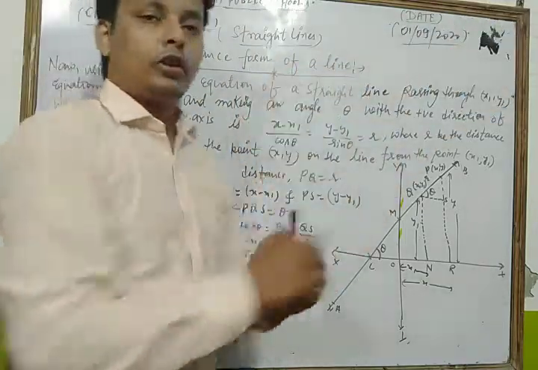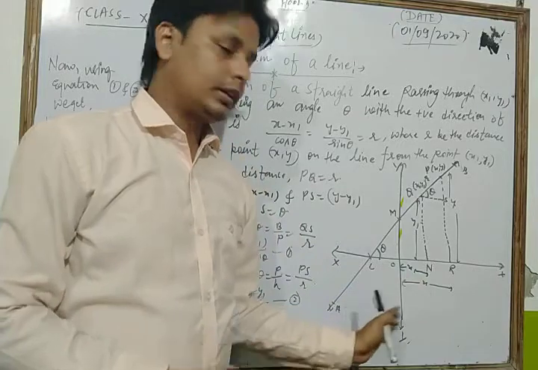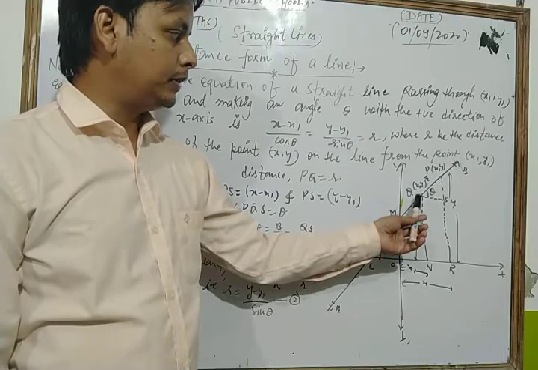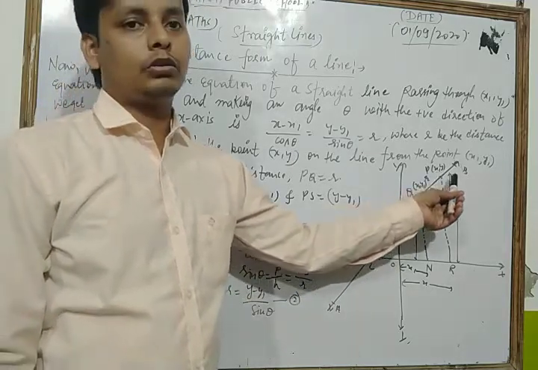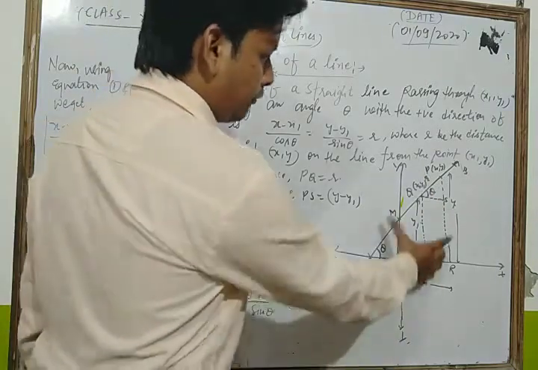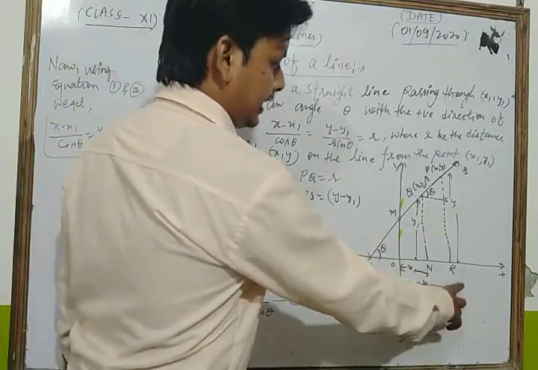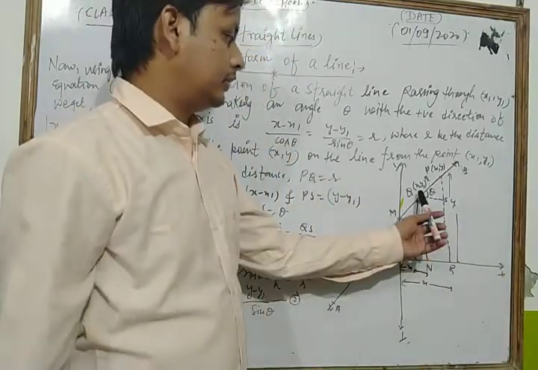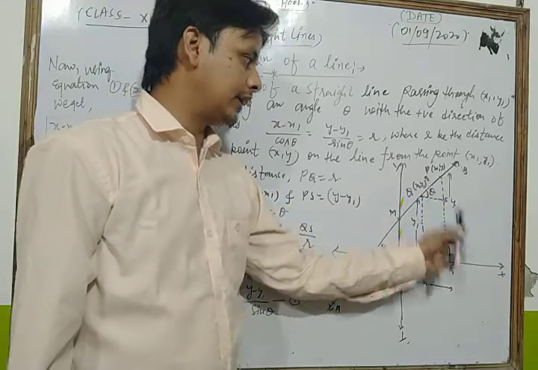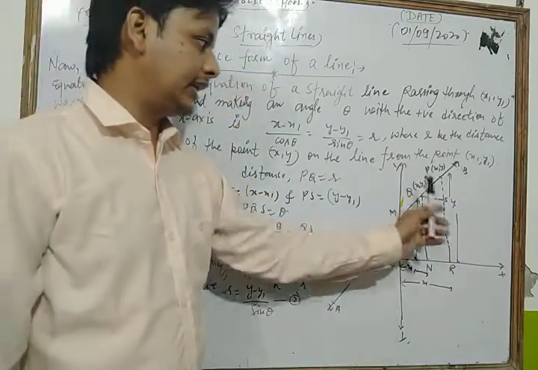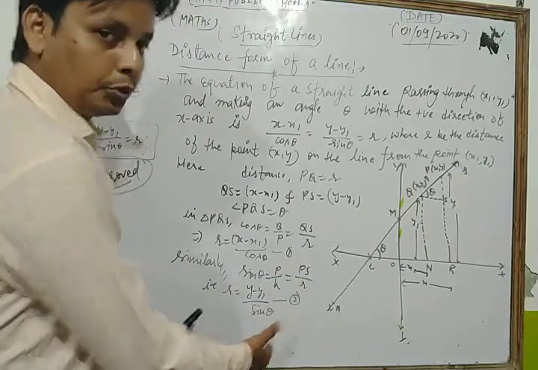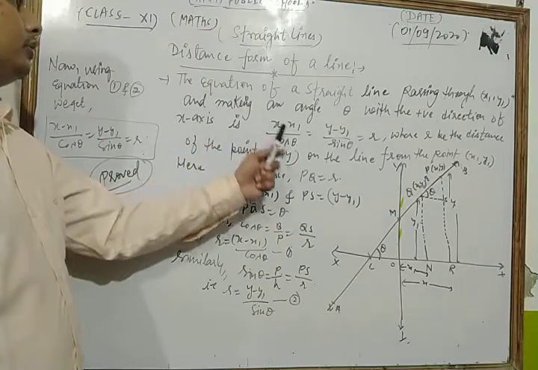In deriving that formula, first of all we draw a Cartesian coordinate system, and we take an angle theta. Here we take Q as (x1, y1) and P as any point (x, y) lying on the line, and the distance between P and Q is r. From the figure, that distance is x1, that is y1, that is x, that is y. After that, using the Cartesian rule, we get distances QS and PS. After that, we apply cosine and sine in that triangle. After that, we get that relation, and using equations 1 and 2, we get our required equation of the line.